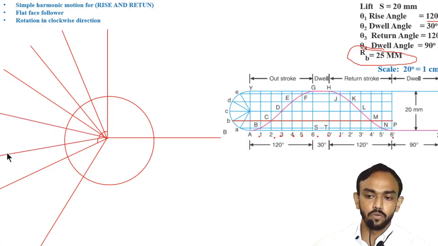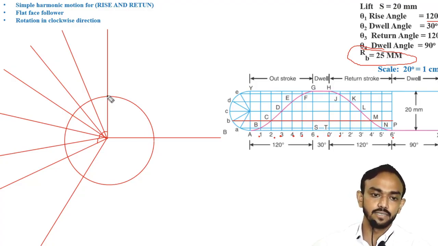After that, what you are going to do, give the numbering here. First of all, check this. This is 0 because we have 0 here. After that, 1, 2, 3, 4, 5 and 6.